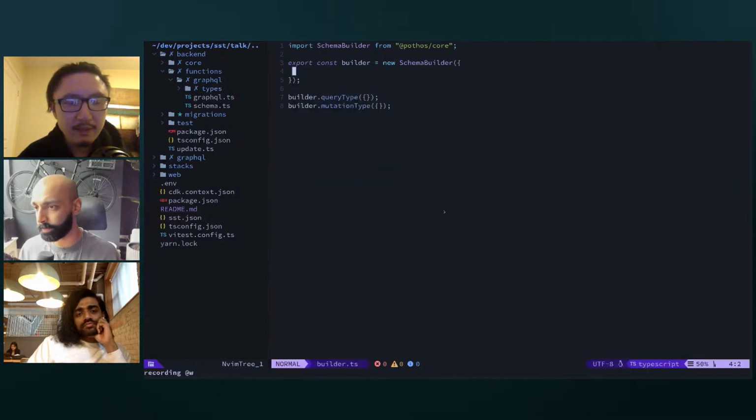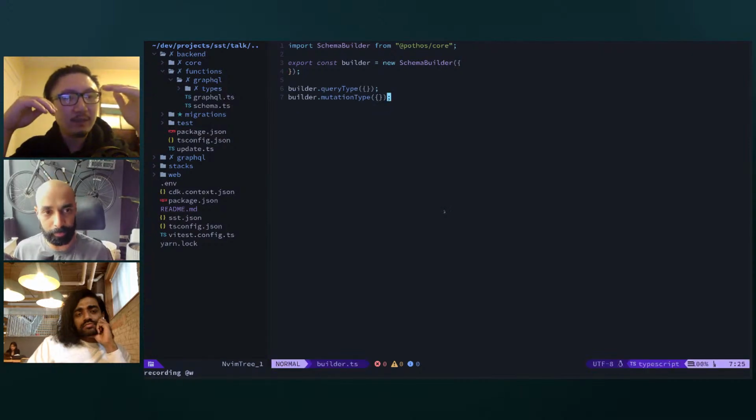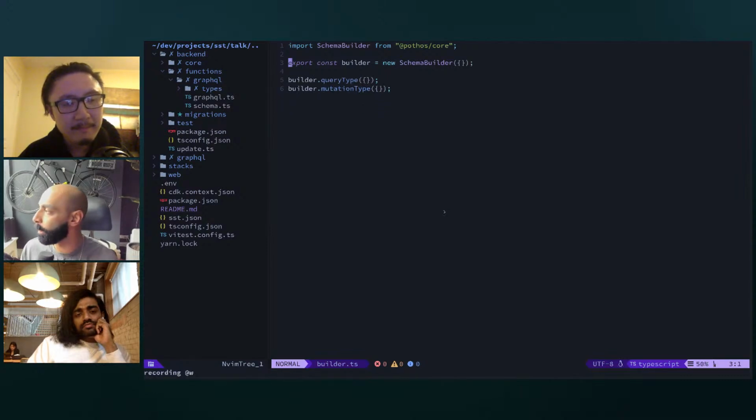Can you give us a quick comparison of at what abstraction level Envelope is working, and at what abstraction level Pothos is? It seems Pothos is schema level, right? The other one was request level. I might be wrong. Yeah, I think so. Pothos is a framework, and the output of the framework is